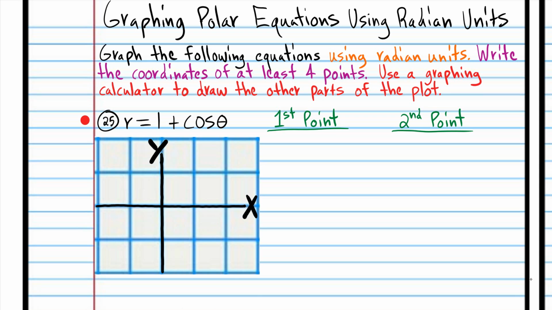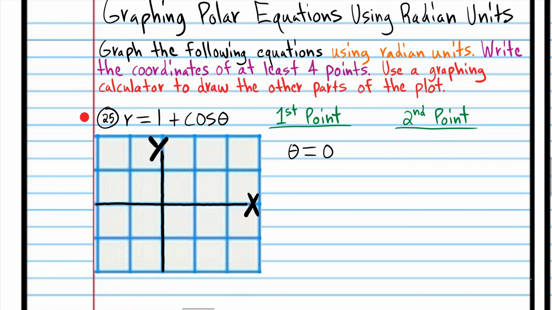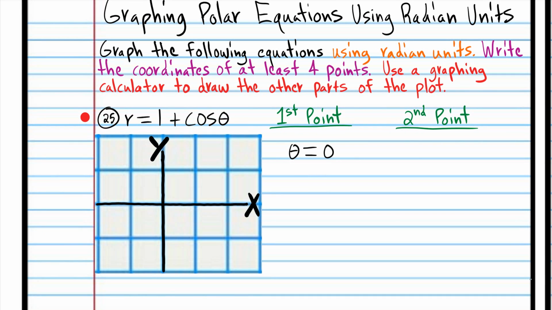So let's graph our first point. Remember, the quadrantal angles are always the best angles to choose, or not always, but in most cases. So I'm going to choose 0. Now notice I didn't write 0 degrees. Normally I would write a degree symbol here, right? I didn't do that because this is not 0 degrees, it's 0 radians. And then I'm going to plug 0 radians into the function,